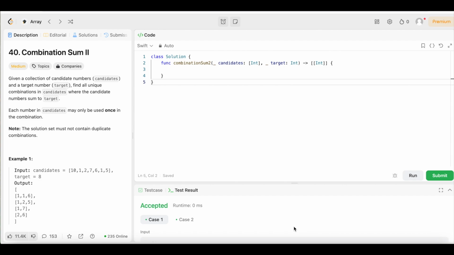All right, y'all, we're back again. Another day, another LeetCode problem where we're doing daily LeetCode problems. And today we have question number 40, Combination Sum 2. The difficulty level is medium, but don't worry because we're going to keep the solution as simple and easy to